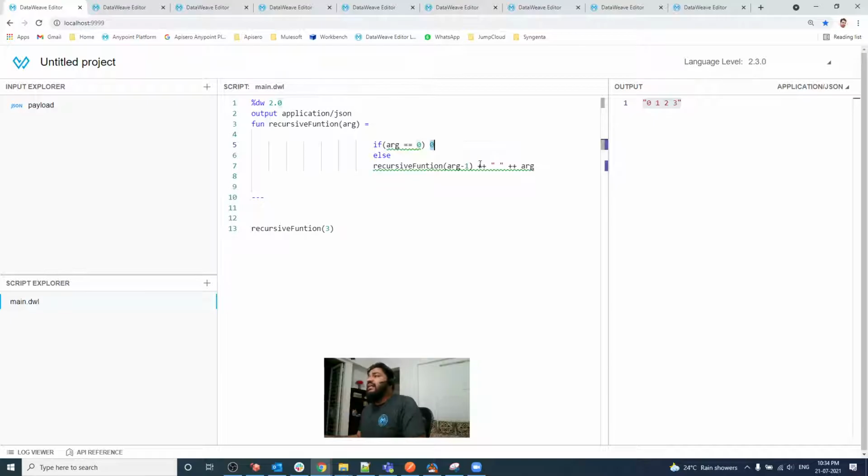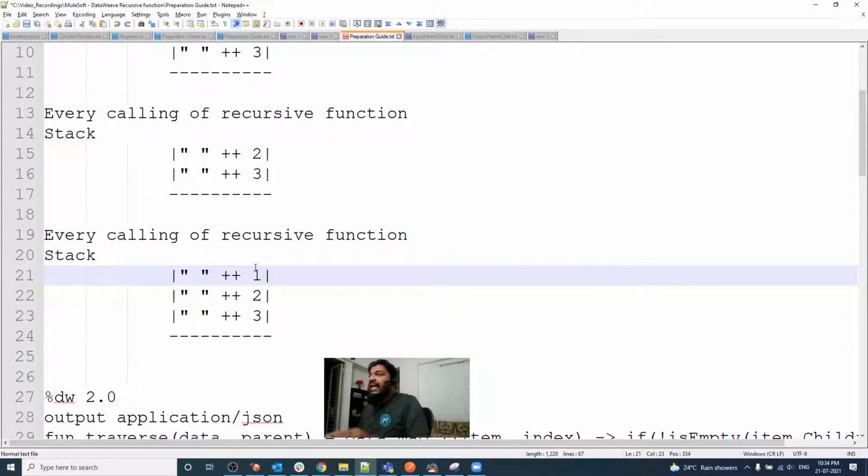So you will get 0 at first, then the remaining operations stored in the stack will be popped up. As you know, a stack works last in, first out. The element added last is popped first. So the last element is 1, that's why you are able to see 1.